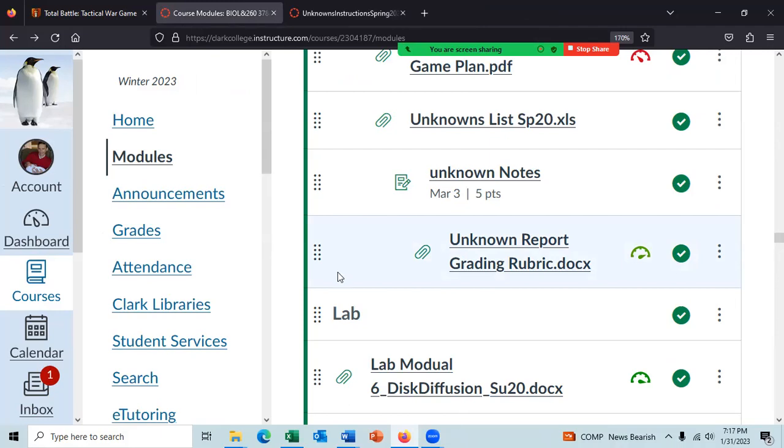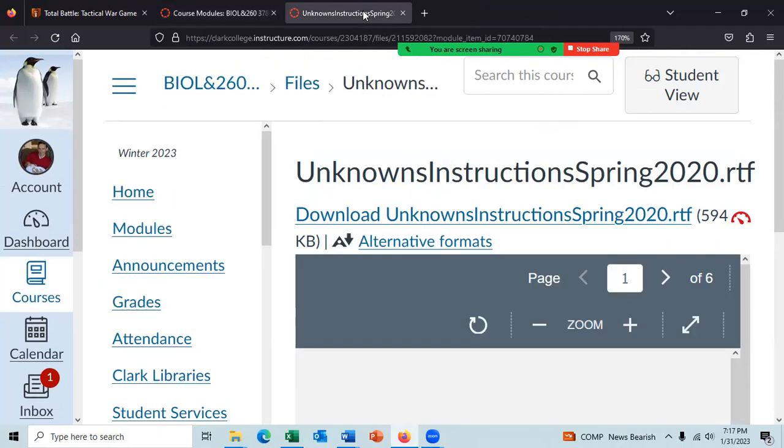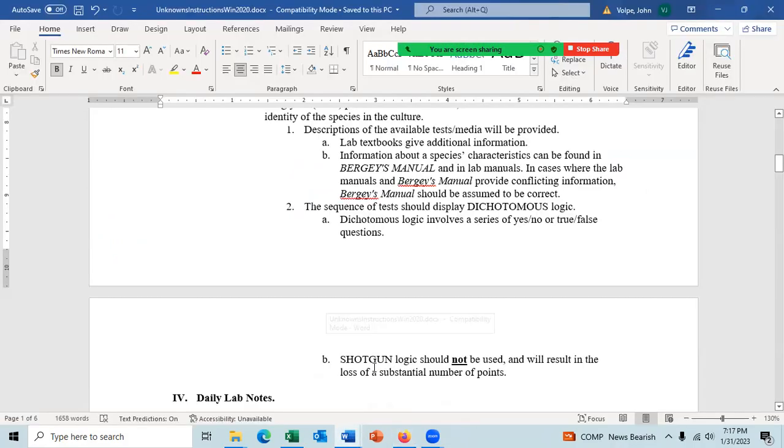All right. Any questions about any of that? So let's go back to our directions. The point is you should use dichotomous logic. If you're using dichotomous logic, you're only requesting one test each time. What you can do is request a test that you can get the results for in one day, and then the next day, you can request the longer test, the test that takes 2 days or longer to run.